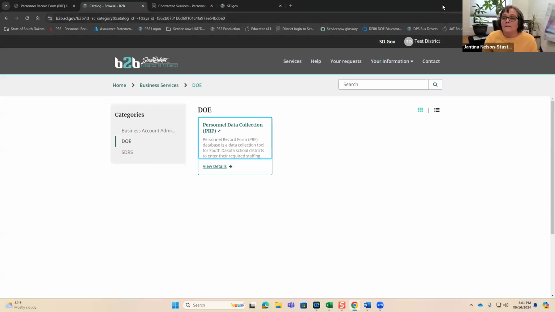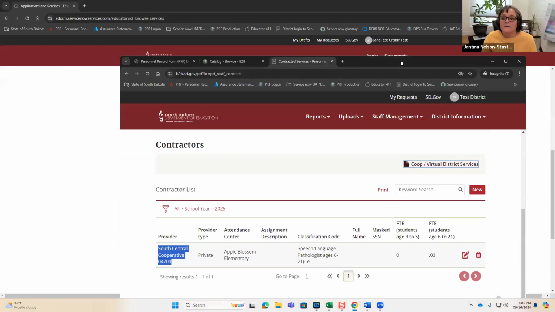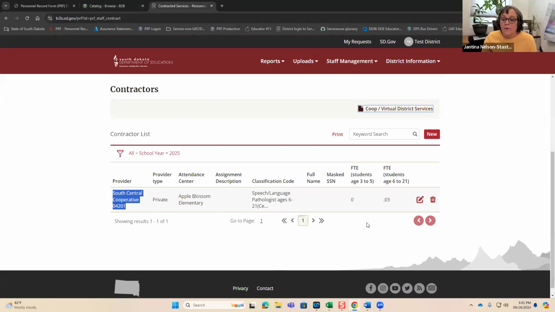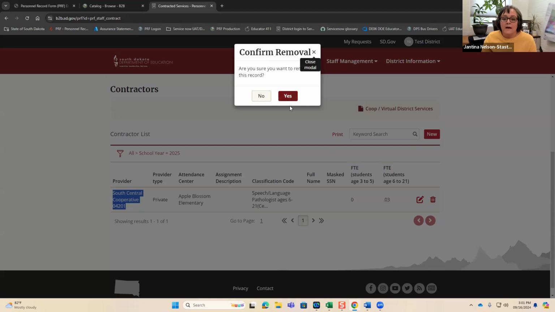In this case, I didn't have a fake co-op or a fake virtual district that I could allocate services to. But as they validate their records, you're going to see their services show up here, that they're allocating those services to your district. So if you reported a duplicate entry, you need to remember to remove that entry.